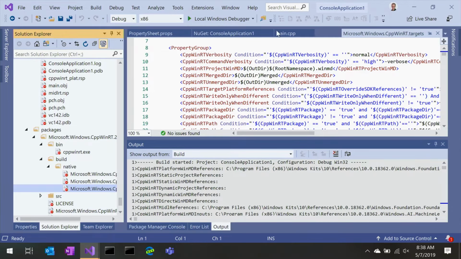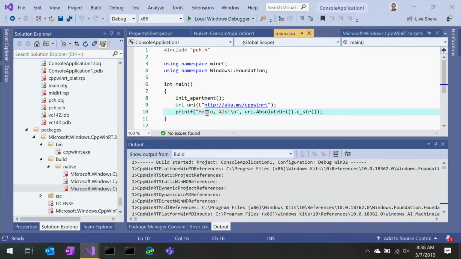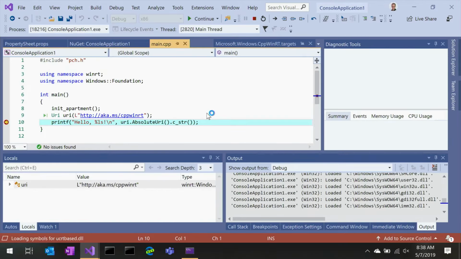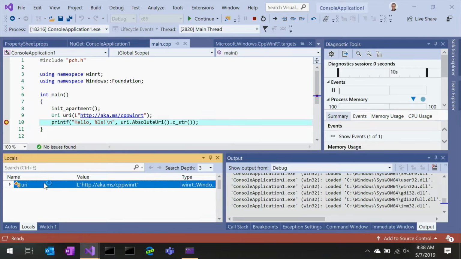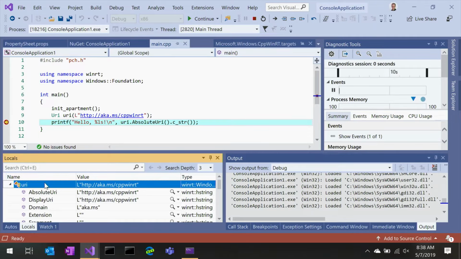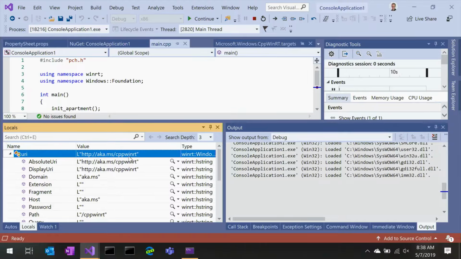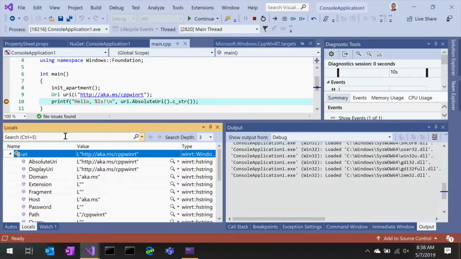All right, let's return to the source, and I'm just going to drop a breakpoint in here, and then we'll run it and see what this does. All right, I'm not going to actually run the app. I'm not interested in that so much. I want to draw your attention to the debug visualization in the lower left corner of the screen. As you see, here's my local object URI, and you see the string representation of it.